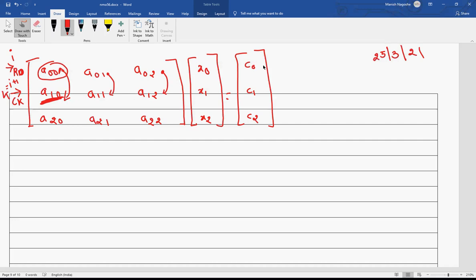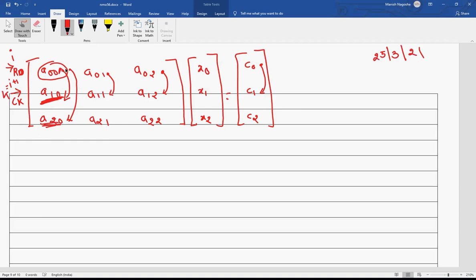Similarly, using this, I need to perform the operation on this. So basically I am performing the operation mathematically instead of exchanging the rows. That mathematical operation we have to see. After doing that, the next task is, with the help of this, I have to make A20 equal to 0.